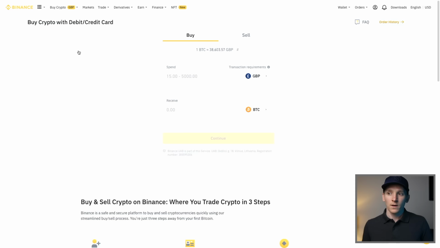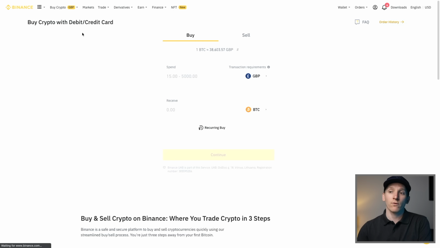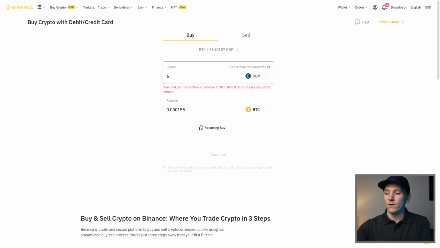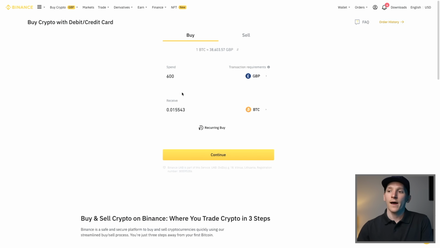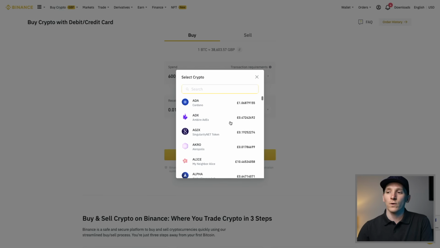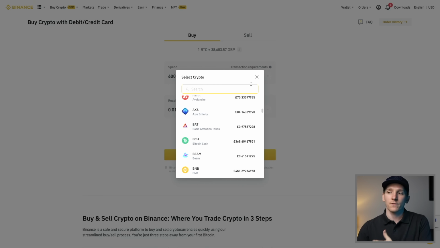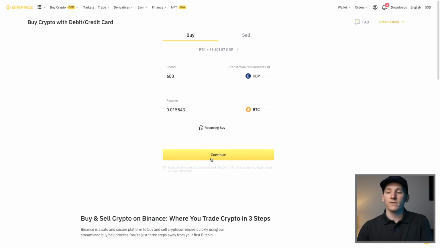with a credit card. So you can come to the credit or debit card screen, choose an amount, and you can choose your currency. So depending on what card you have, you can choose that and choose the amount, and it will just tell you how much of the crypto that you're going to receive. You can choose Bitcoin here, you can choose many others, so you can search for that. Then when you press continue, that will just go through to another screen where you can